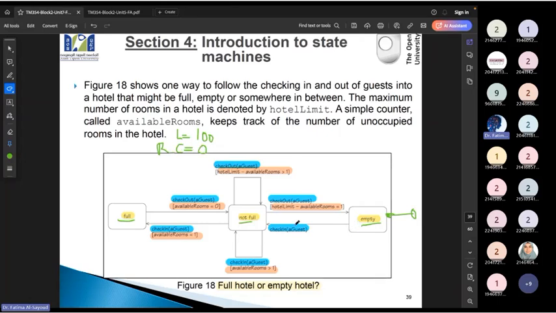Someone check in, it is going to change it to not full. Okay, then if someone else check in again and the available room, which is this one, I can call it available room 2 for consistency. So it's an available room. عدد الغرف المتاحة. كم عدد الغرف المتاحة حاليا؟ At the beginning كانوا 100.